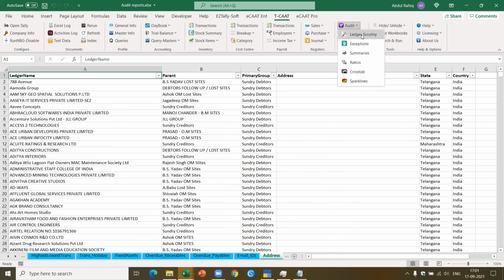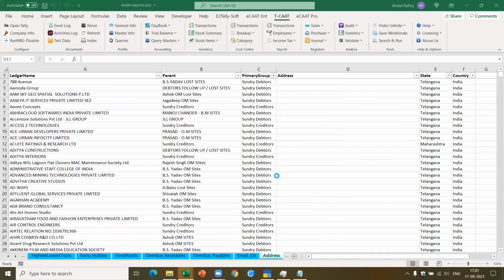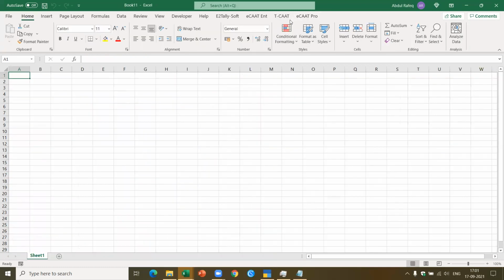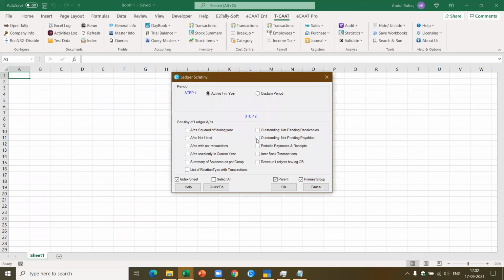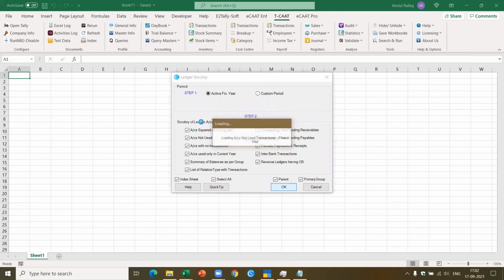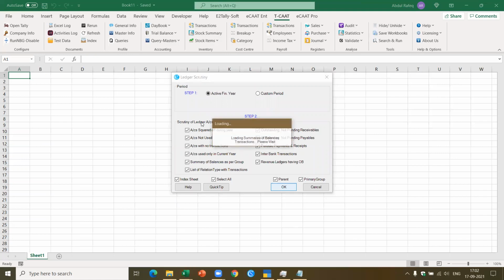Now, if you look at ledger scrutiny, for all these reports I just do a single click, I say select all, and I'll be able to extract all this information. How does this run? Let me show you an example so it becomes very clear that I'm not showing you some theory. This is actually practical, which has been done. Now, if you look at ledger scrutiny, I say select all. There we had 10,000 plus transactions or 48,000 vouchers. Here I've got only a few vouchers because I just want to quickly show you the result.